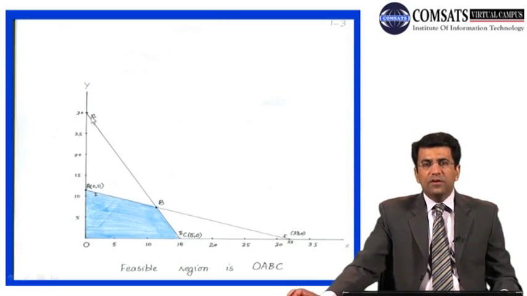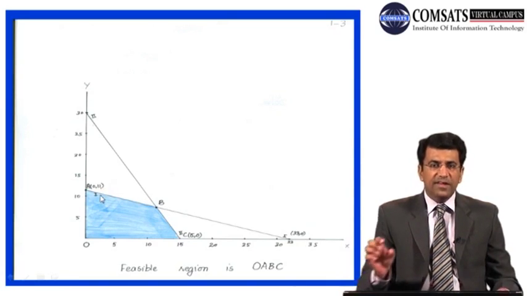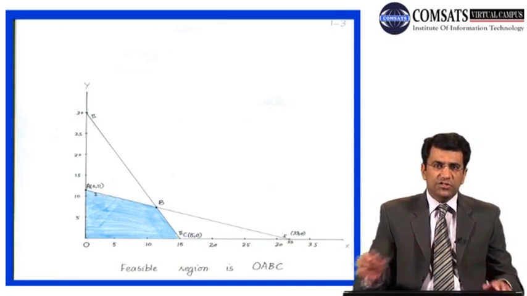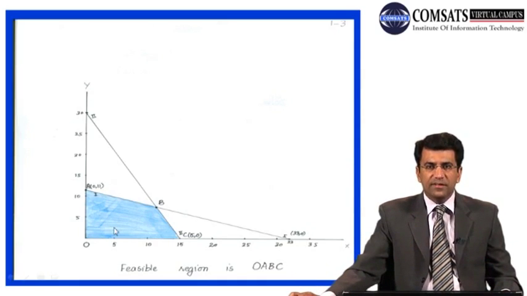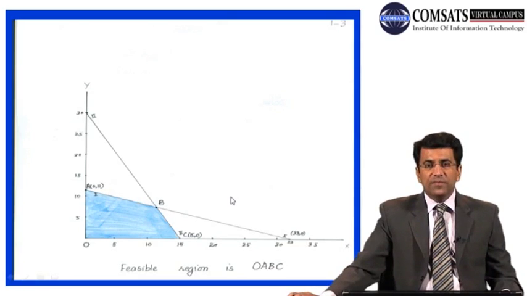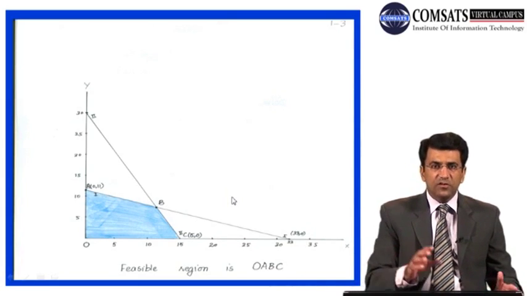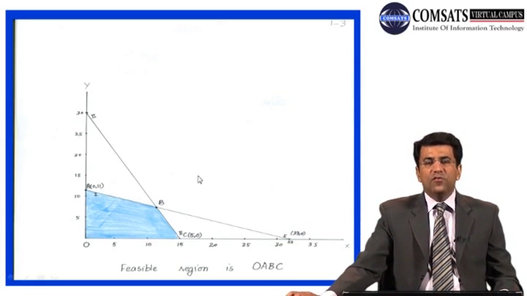Now again, if you consider only this particular line, the feasible region for this line will be the area below that, because we are again interested in that less than or equal to constraint. The feasible area will always be below that line, but we are not interested in only one constraint or the second constraint, we want to meet both of the constraints. So what is the area which is below line 1 as well as line 2? This common area is shaded on this graph, and this is our feasible region.